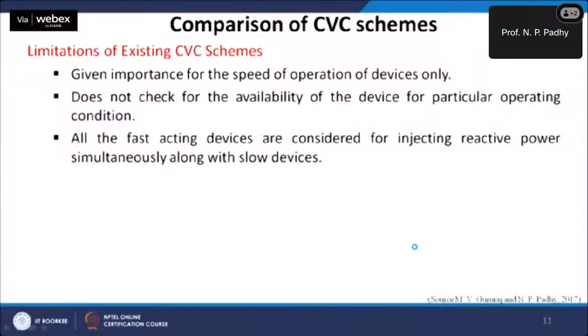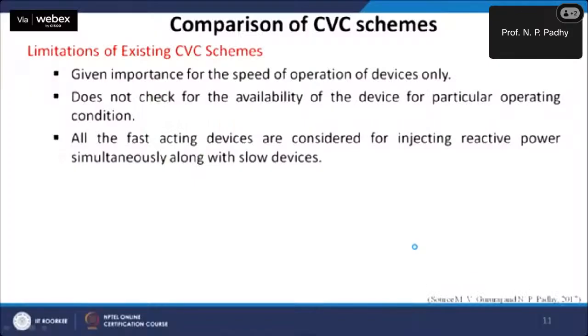And further, if you see what are the challenges with the existing CVC scheme. The current limitations of the coordinated voltage control schemes: they give importance to the speed of operation of devices only, because they really take care of those devices that are fast, and do not check for the availability of the devices for particular